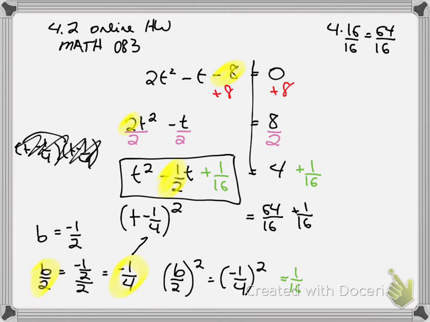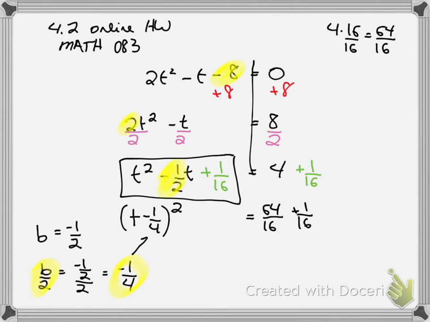Okay. As you can see, I'm a little bit sort of out of room here. Let's see, where can we put this? I guess I'm going to have to erase this to make some room here. Okay, so I have (t minus 1/4) quantity squared is equal to 64 plus 1 is